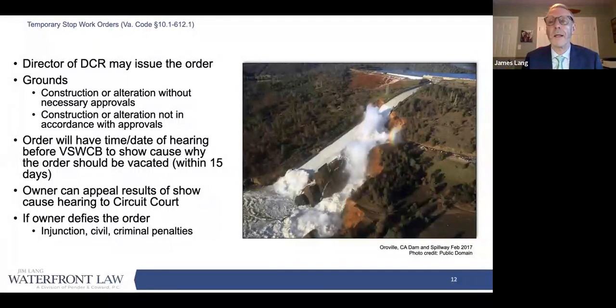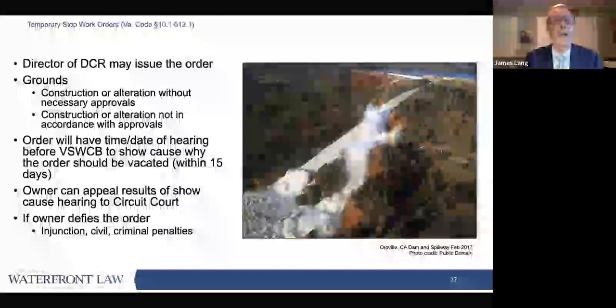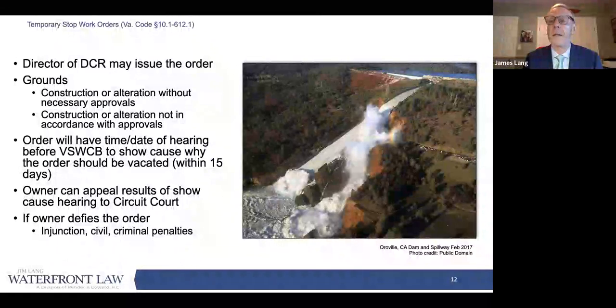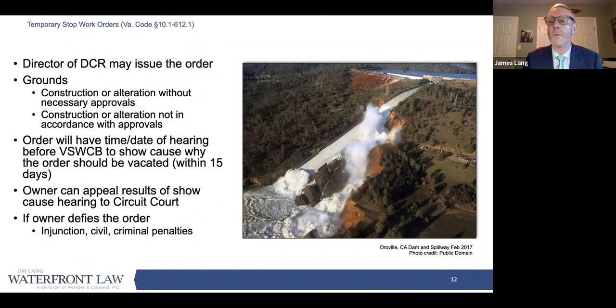Other tools available to the regulators: if you have an unsafe dam, the director of DCR can issue an order requiring you to fix the problems. And these orders can come up in a couple of different scenarios, one of them being that there's construction being done on a dam without the necessary approval, or the dam is being altered without necessary approvals, or a dam is being built in the first place without necessary approvals. Or alternatively, if you received the approval to build a dam or alter a dam, but the work is proceeding in a way that doesn't comply with that approval,